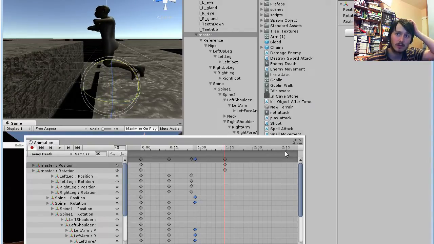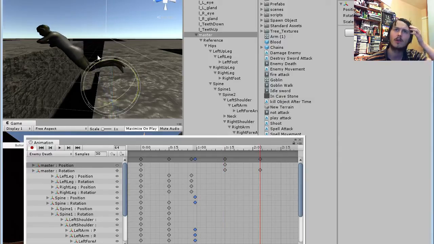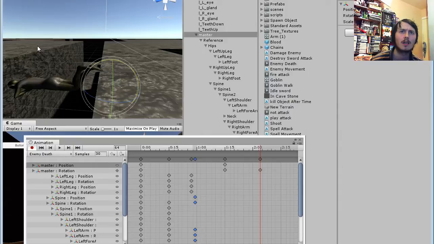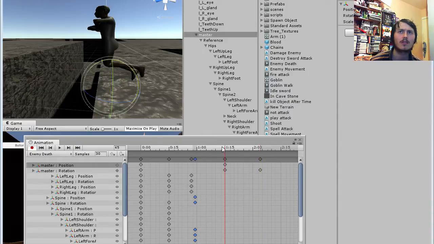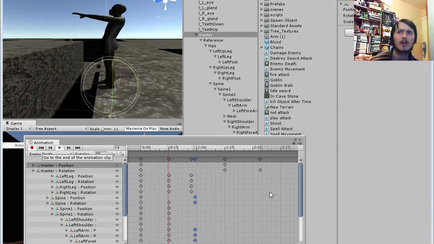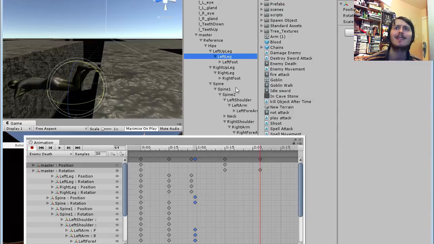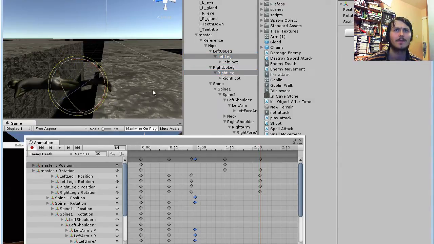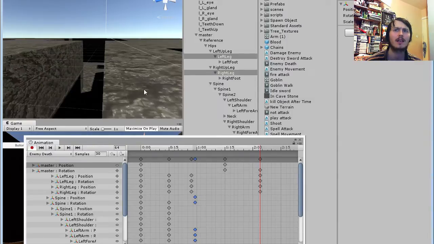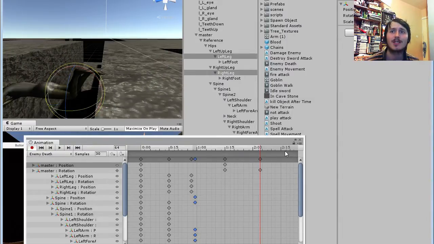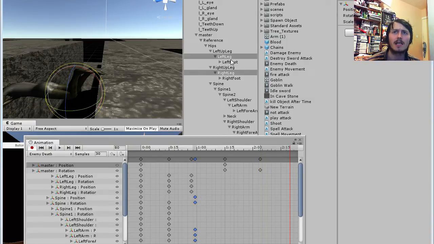Okay, so if I do it here and then fall forward, it actually looks like he's falling forward. There we go. I clicked the wrong thing. That was the only reason. See, again, you click one thing and your game just breaks itself. And now here I will make his leg just kind of